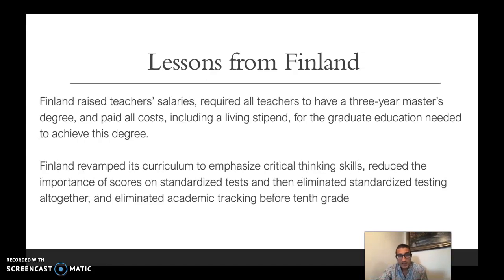And by doing so, they eliminated academic tracking before the 10th grade as well. So that means that before a student got into 10th grade, they could not be placed in any type of track. They could not be labeled as learning disabled, or as privileged or as academically gifted, etc. All students received the same curriculum, at least up until the 10th grade. And in doing so, they really got rid of a lot of those opportunities for teachers to intentionally or unintentionally enact their biases on students by tracking them up or down based off of their perceived qualities.